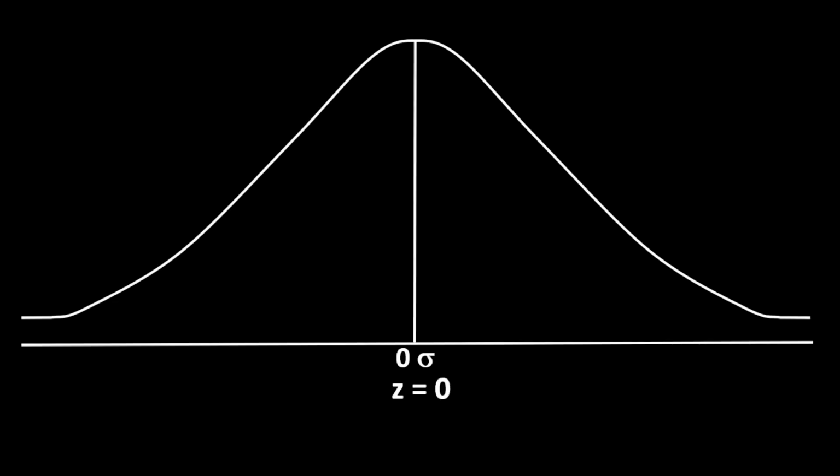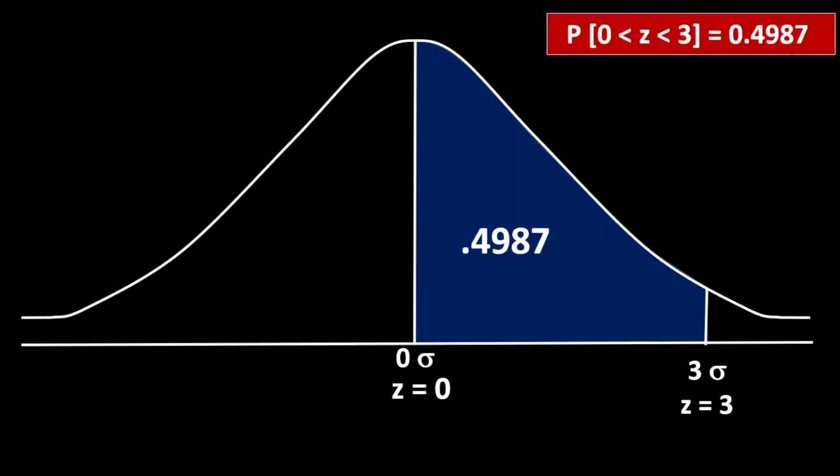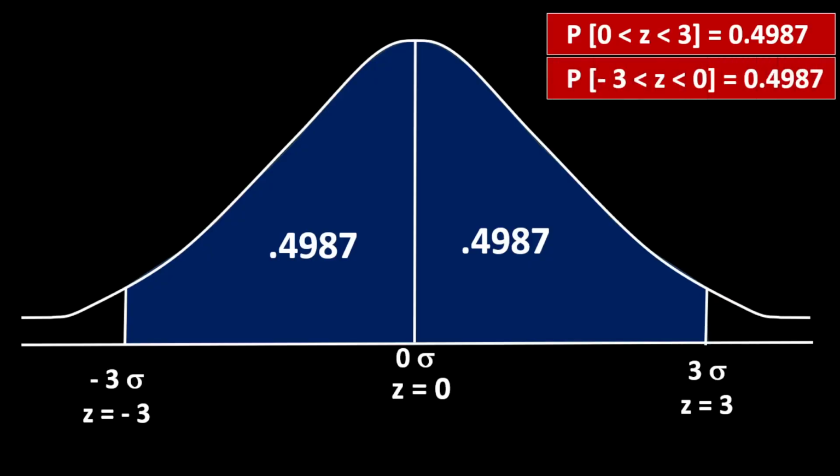Now the area between 0 sigma and plus 3 sigma according to the table is 0.4987, and it can be written like this: probability 0 less than Z less than 3 equals to 0.4987, and the area in the same way between minus 3 sigma and 0 sigma is 0.4987 according to the table, and it is written like this: probability minus 3 less than Z is less than